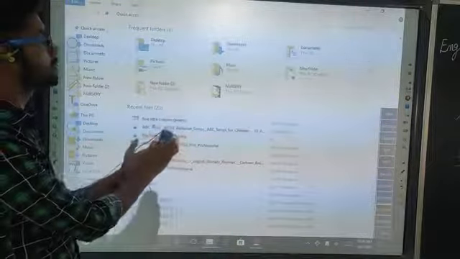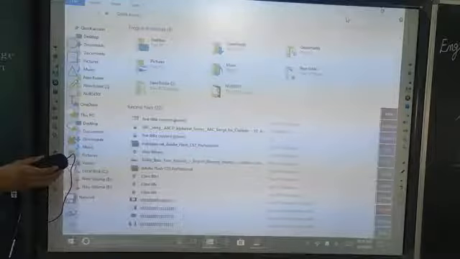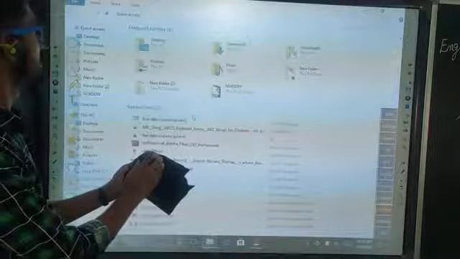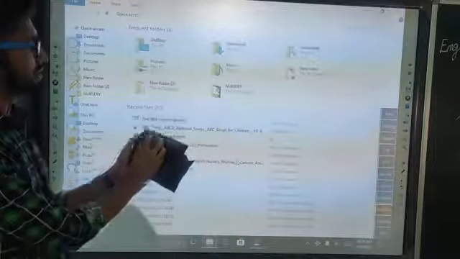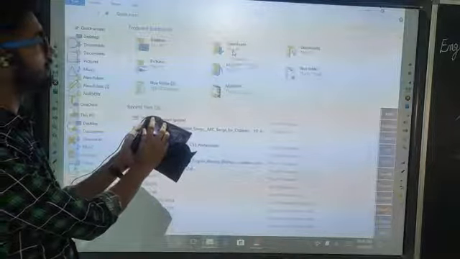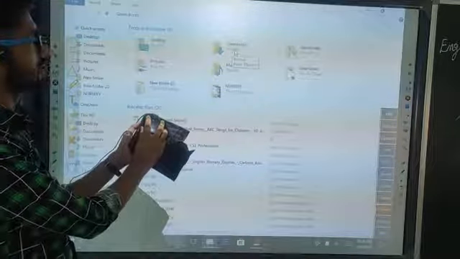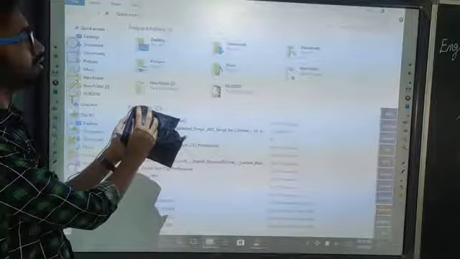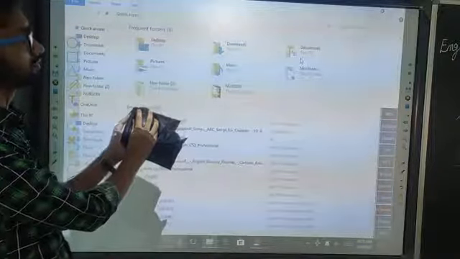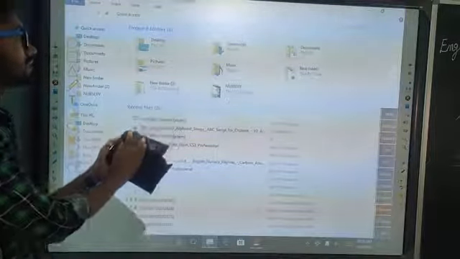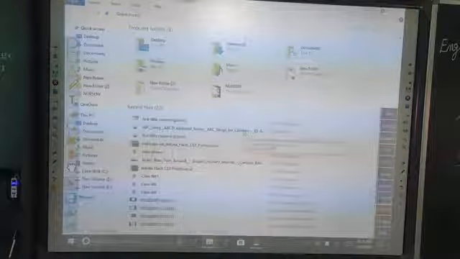First I move the mouse and press the left button of the mouse. First we have to hover our pointer on any folder and press this button. When I press this button, it selects that particular folder. So this is the normal clicking of our mouse.